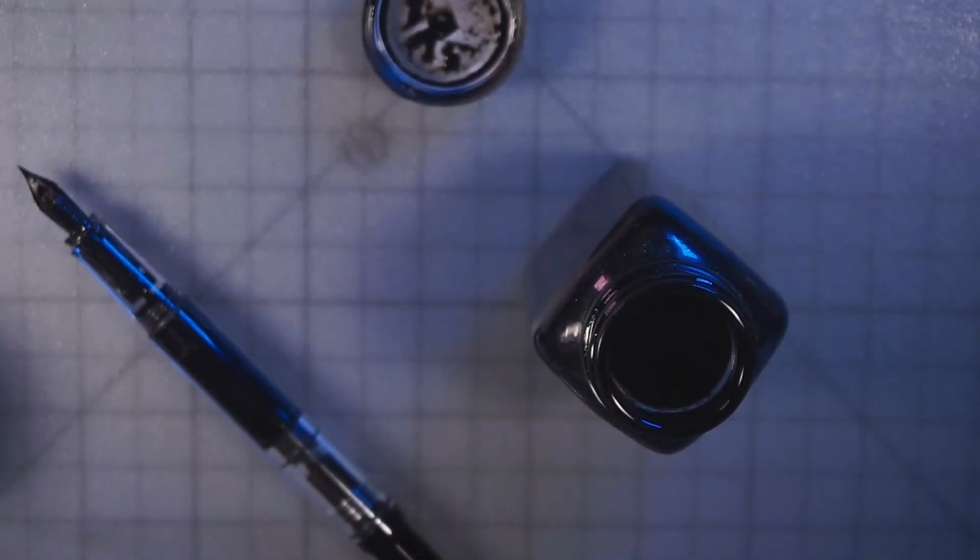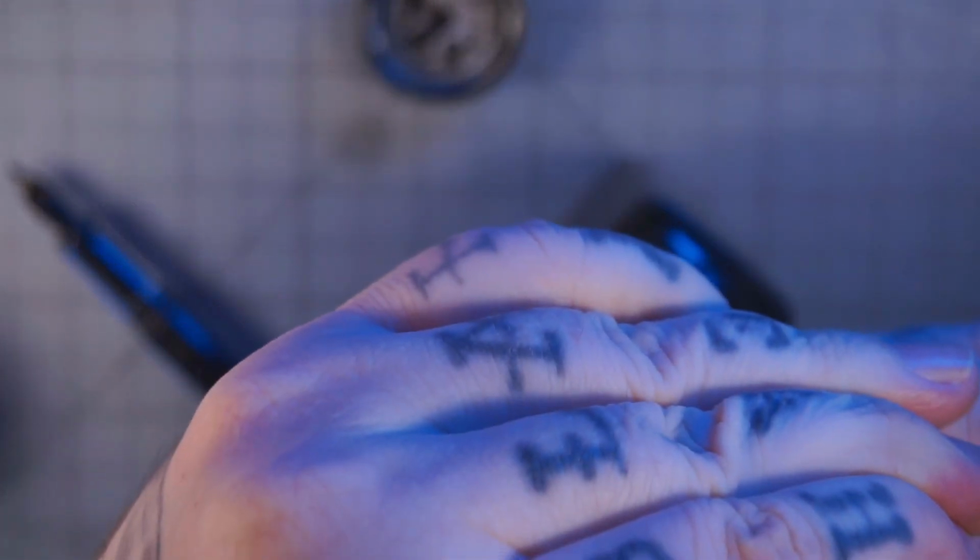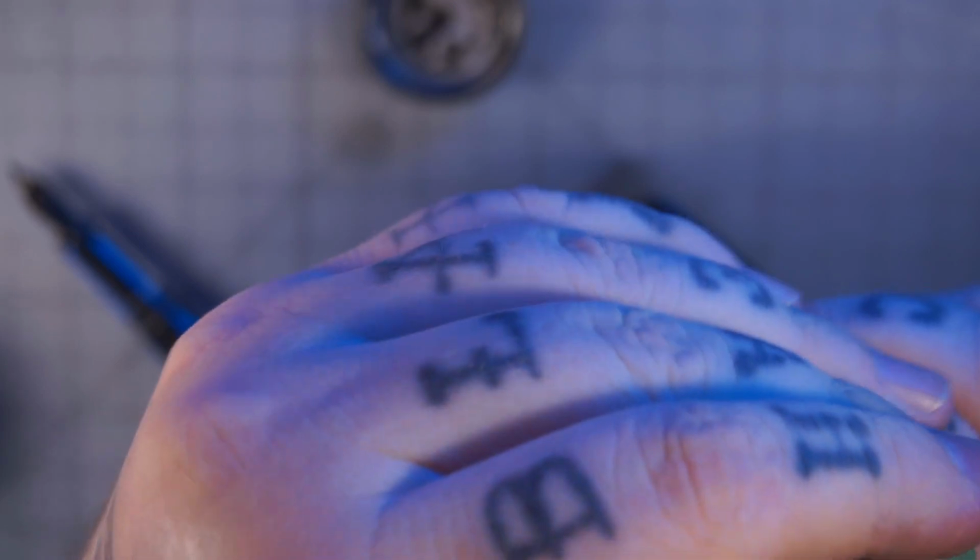I was just experimenting with some Noodler's lines. But yeah, that's